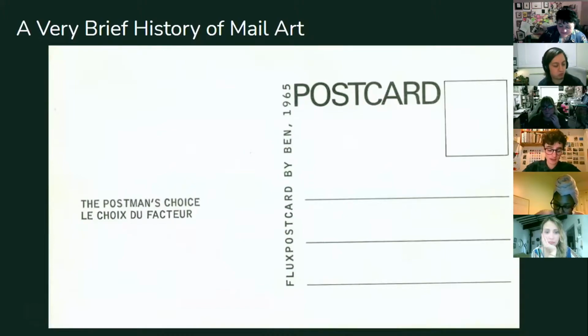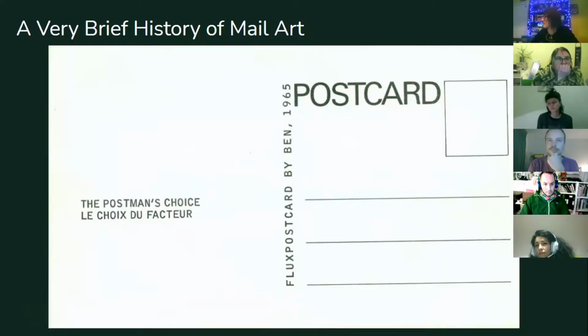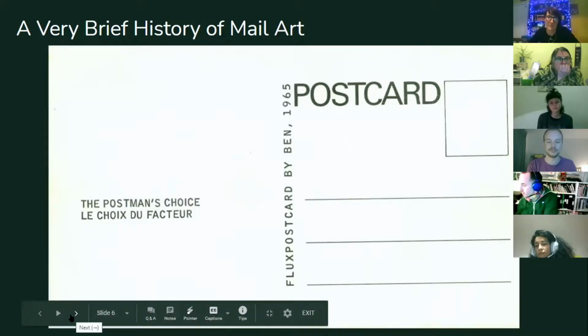Mail art has happened ever since, but it's had a new surge in popularity due to lockdown, because it satisfied the need for art that's both not in person and also not really on the screen, because we're spending so much time on screens. So that's just a very brief history of mail art. Now we're going to go on to